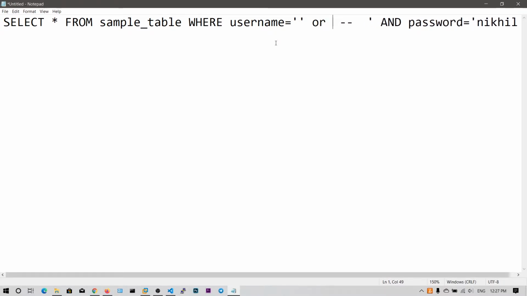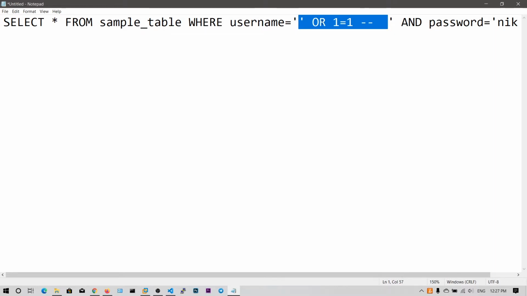So now what I can do is, before this comment, I can say or. We have already seen this or. I will say 1 is equal to 1. So I can simply place this value in the username field. This quotation mark will already be there, and what I want to send is only this one.